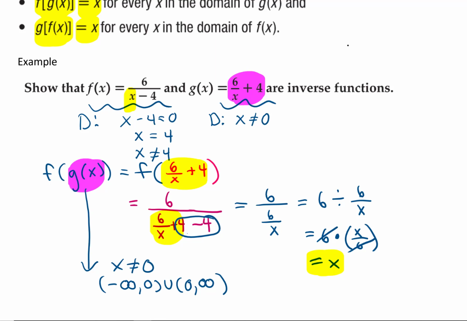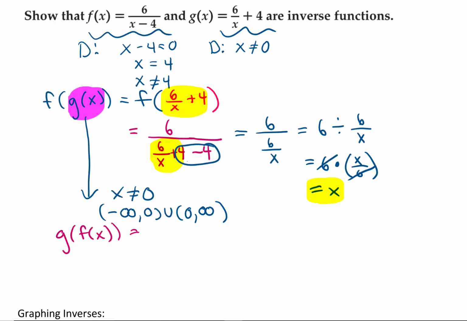Now let's prove it the opposite way. Let's put f inside of g. So the first thing I'm going to do is replace f of x with the expression for f of x. Then I'm going to put it inside the g function. So I'm going to take this and put it in for x. So 6 over